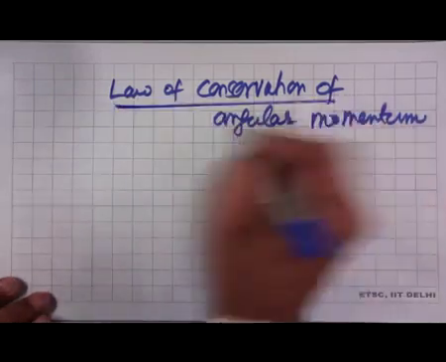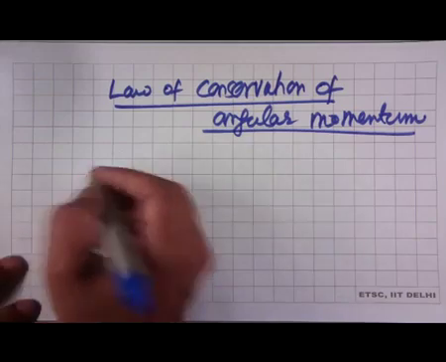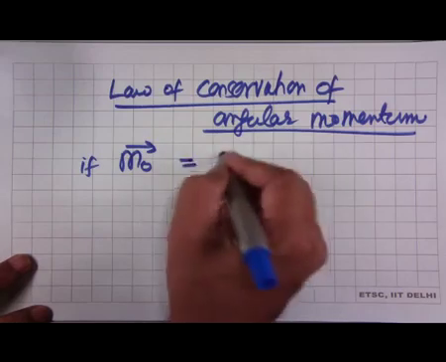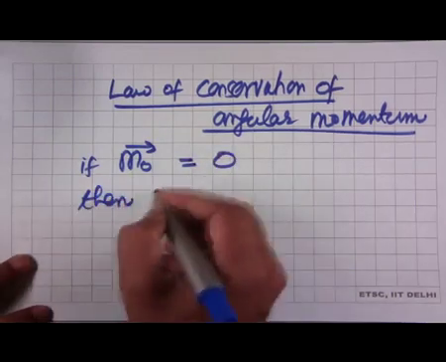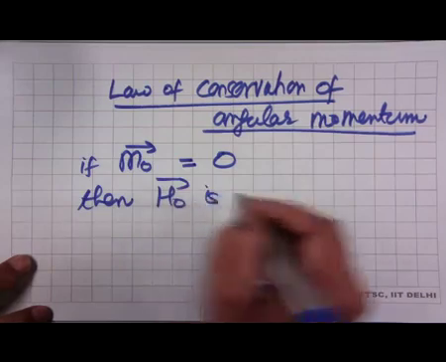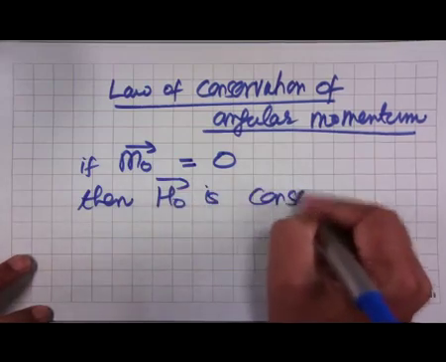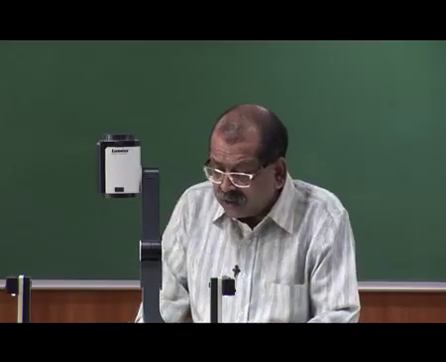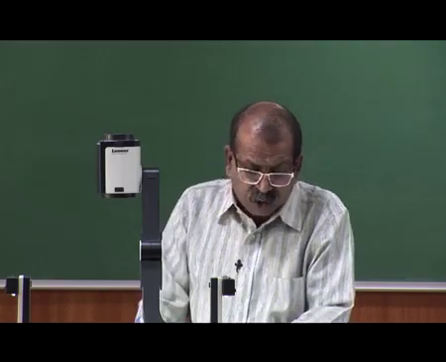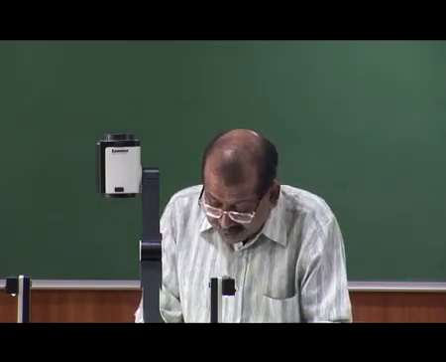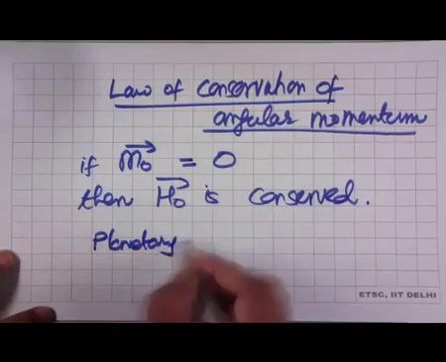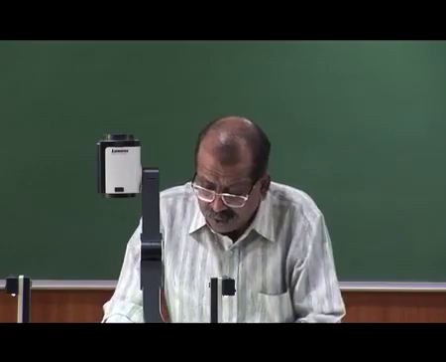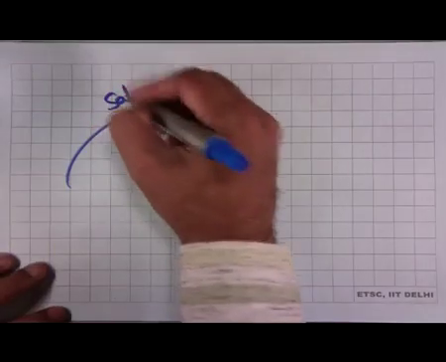And for this law to be valid, what we are saying is, if the moment about O is equal to 0, then H about O is conserved. And the place where this becomes particularly useful is when we talk of planetary motion, when we talk of motion of a satellite